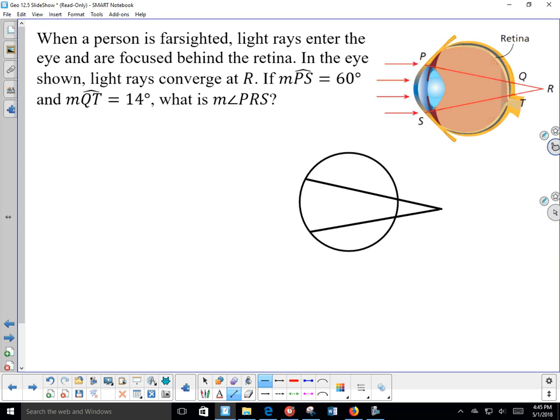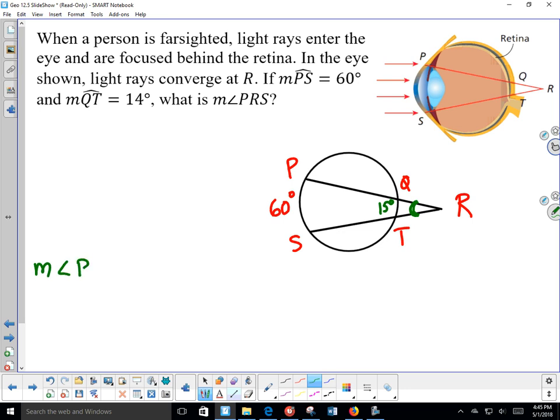And so what do I know about this picture? I know that this is P, this is S, and they told us that this is 60 degrees. And I know that this is Q, and this is T, and this is R. And they told us that QT is 15. The measure of arc QT is 15 degrees. So to find the measure of angle PRS, that's this angle right here, the measure of angle PRS